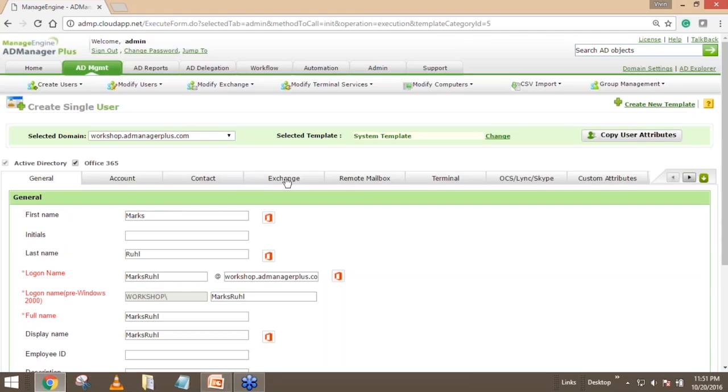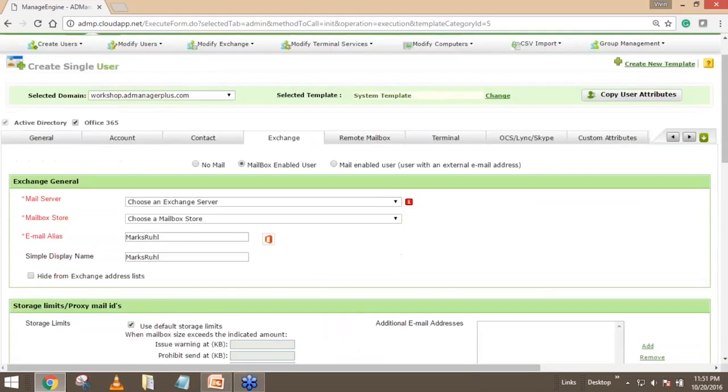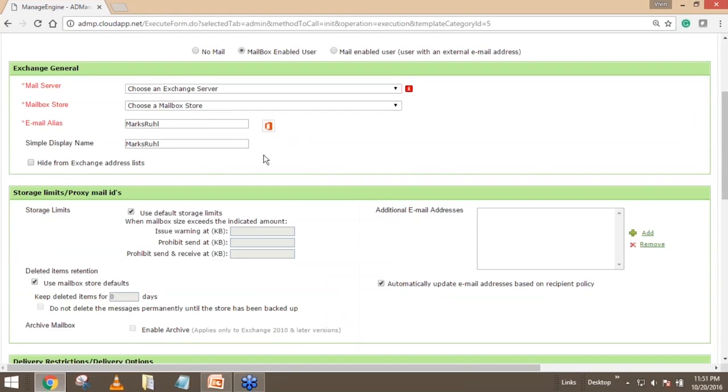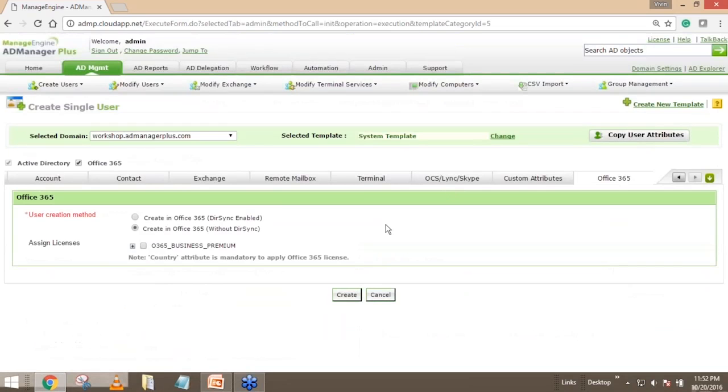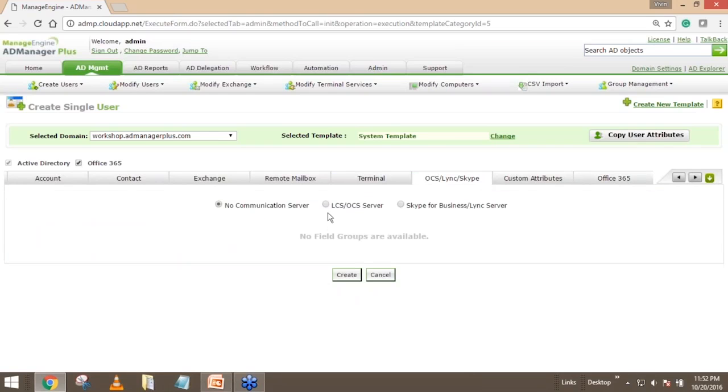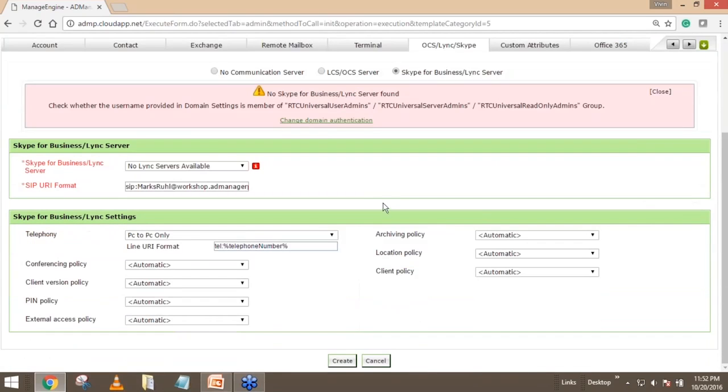and at the same time you can enable an Exchange mailbox for this account. You can even enable Office 365 all in one stretch by assigning the right type of licenses. So this is the best part here. We are talking about 360-degree user provisioning and even Skype. So if you have Skype for Business or Lync Server, you can very well choose your Lync servers from here